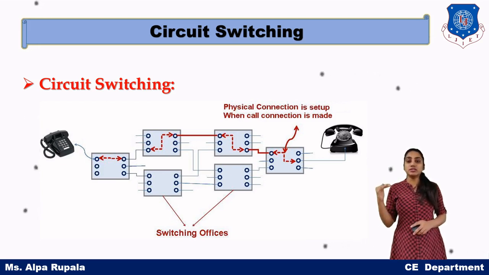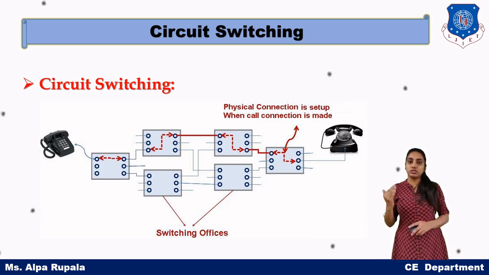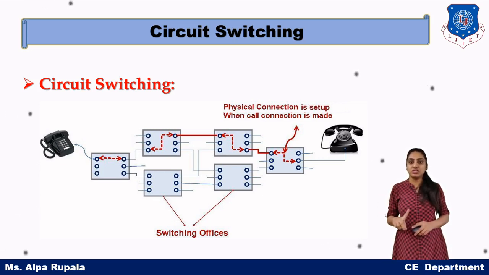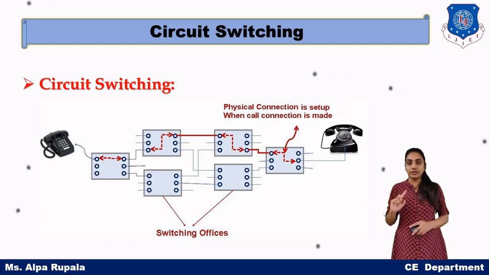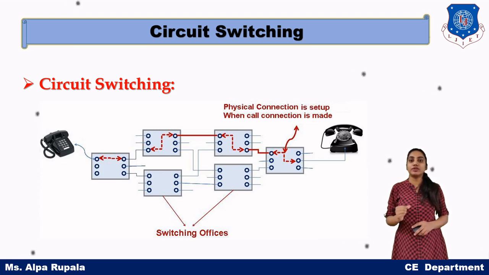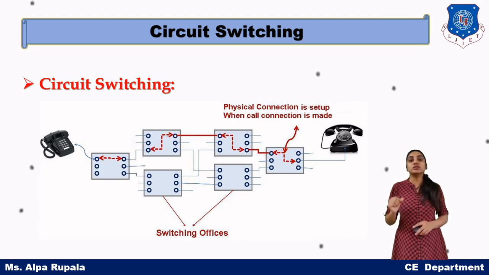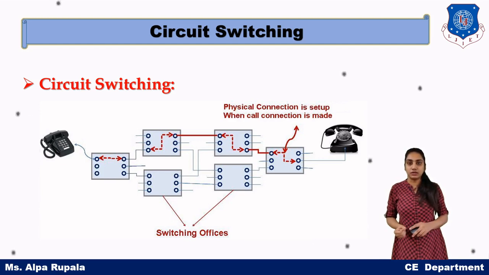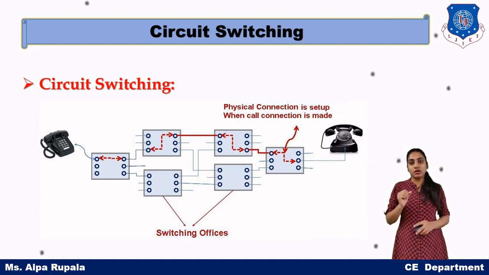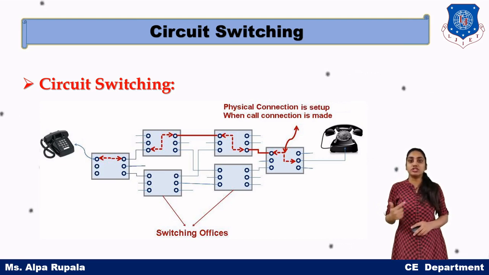Circuit switching has three phases or three steps. The first phase is circuit establishment, in which the caller and callee are connected via some circuit. This is a dedicated connection. That means if one user is using that particular route, no other user can use that route to transfer data. So caller A and callee B are connected by a single line, that is the establishment.